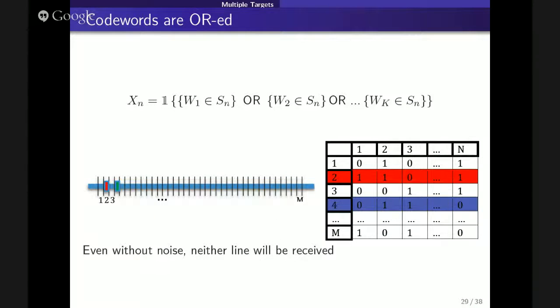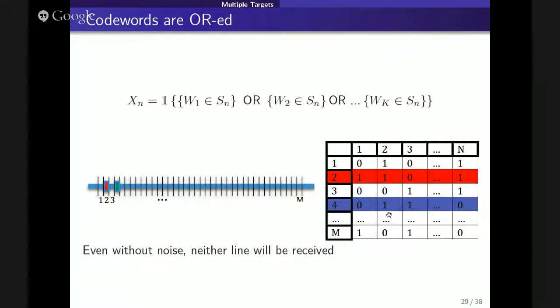So let's try to get intuition, as before, for what's happening now. Let's say I'm using the same kind of query I used before, right? I have this binary matrix, I'm querying the columns as before. What I'm seeing now is the output. Say the two targets are in the second and fourth sensors, corresponding to the second and fourth rows in the code. Say no noise again. What I'm getting at the output is one whenever I'm pointing at any one of these two. Whenever there's a one here, we see one at the output.